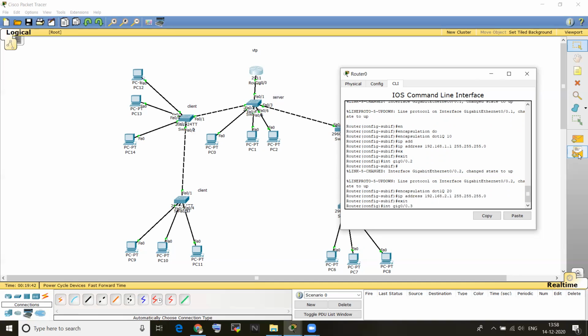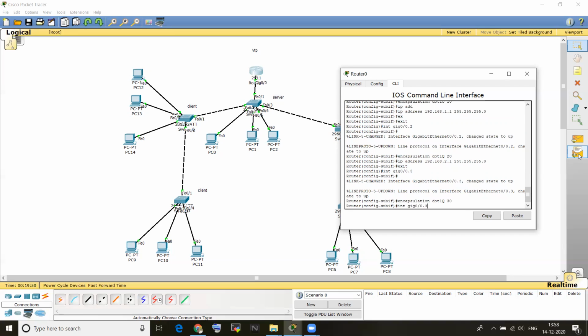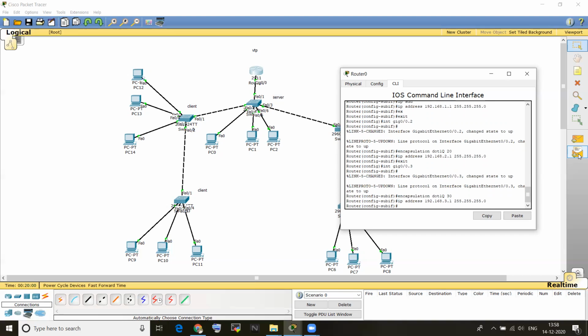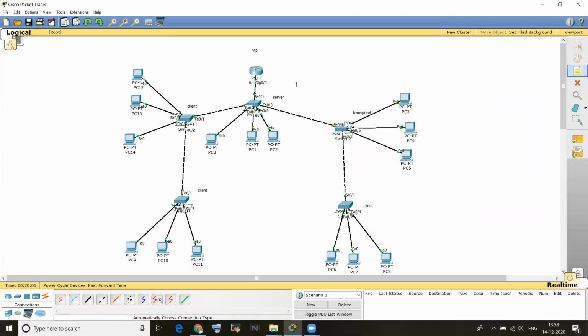Interface GAG 0/0.3, enter. Then encapsulation dot1q 30, enter. Then IP address 192.168.3.1 255.255.255.0. Enter, then exit. Now we created three sub interfaces: